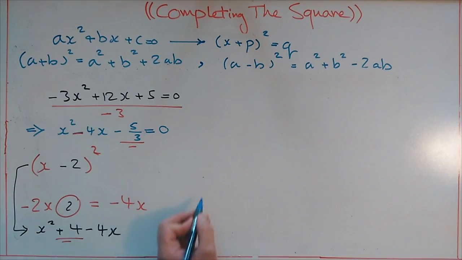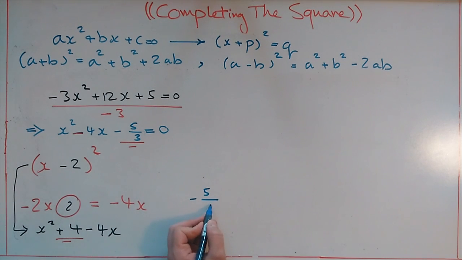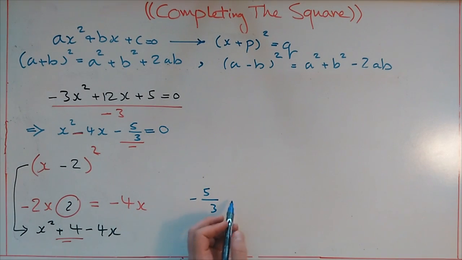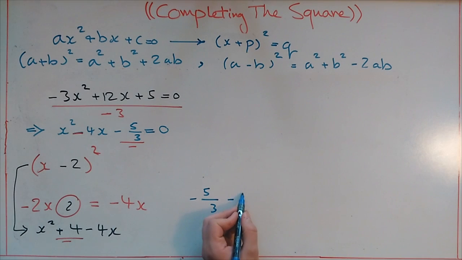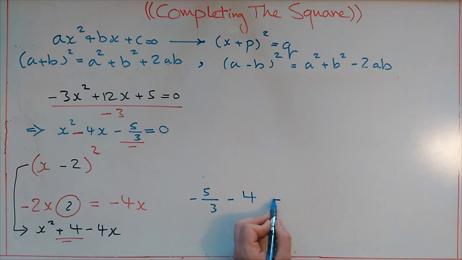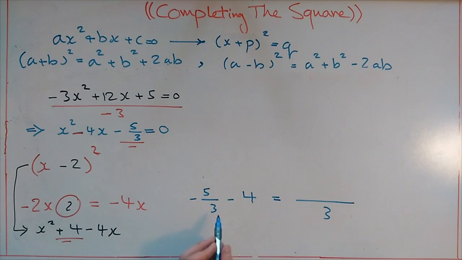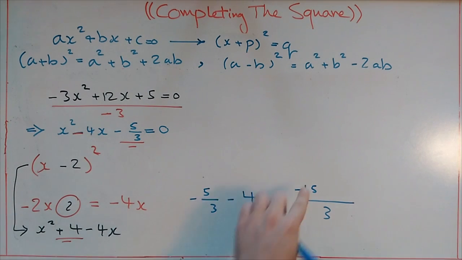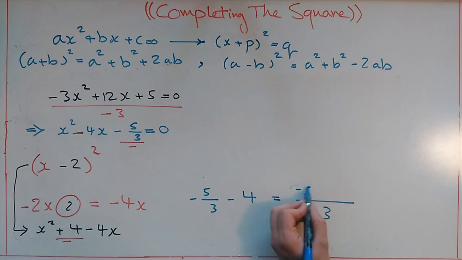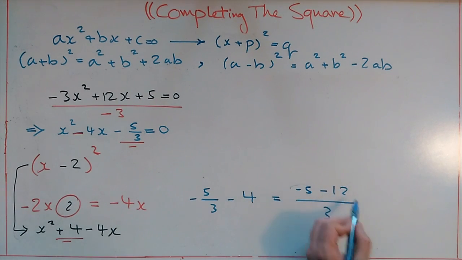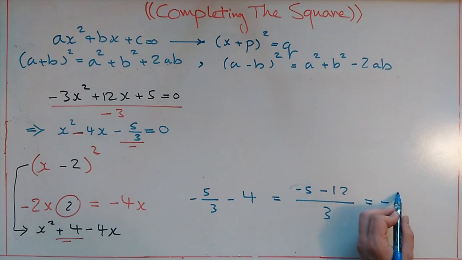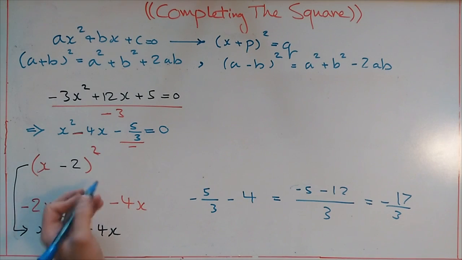So I need to find the difference between negative 5 over 3 and positive 4. This will give me, if I find the common denominator, negative 5 minus 12, which will give me negative 17 over 3. So that's the value. I plug it in here